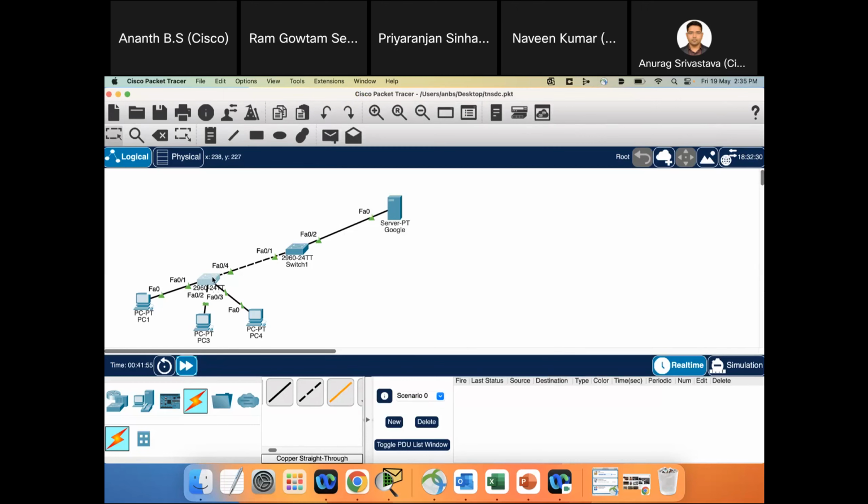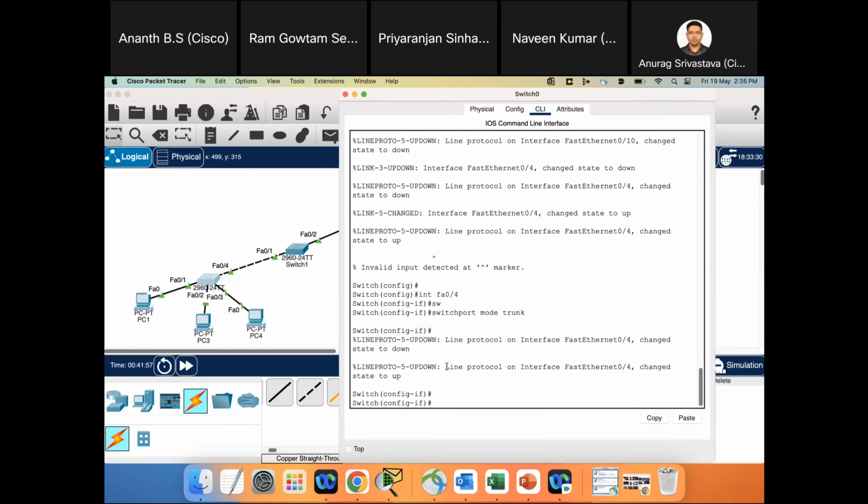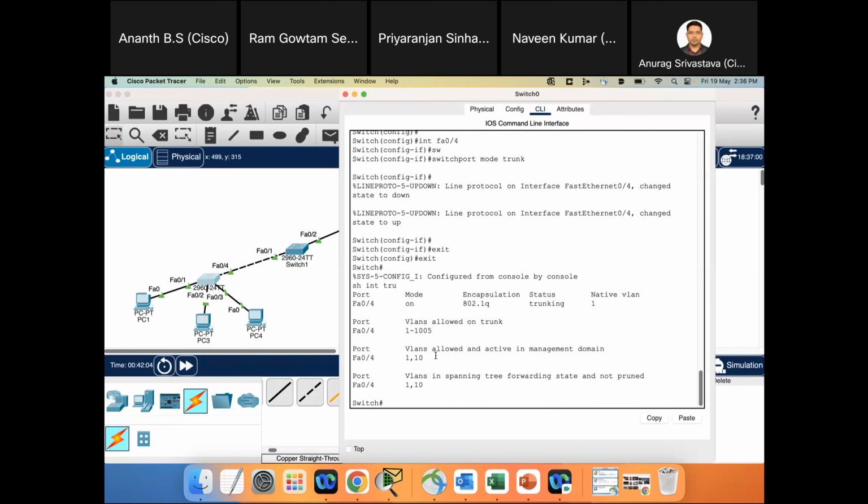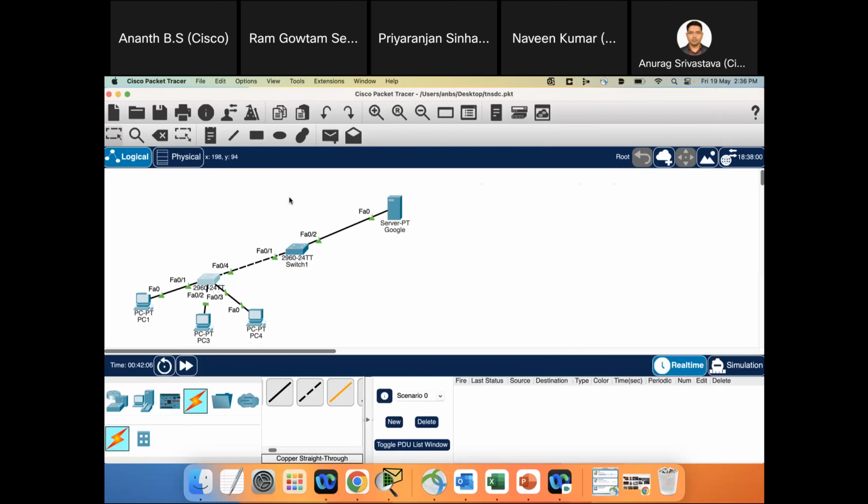Okay. So now if I go here, and don't worry about the command, just understand what is happening. Now if I say show interface trunk, it says it can carry both VLANs 1 and 10. Okay. Now if I come here